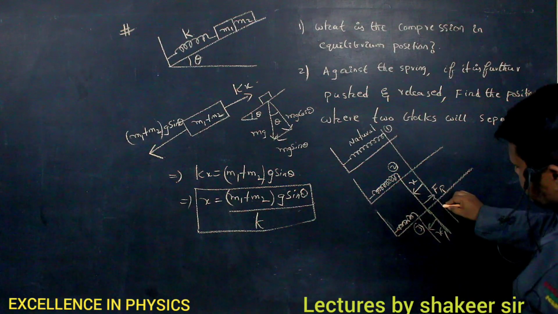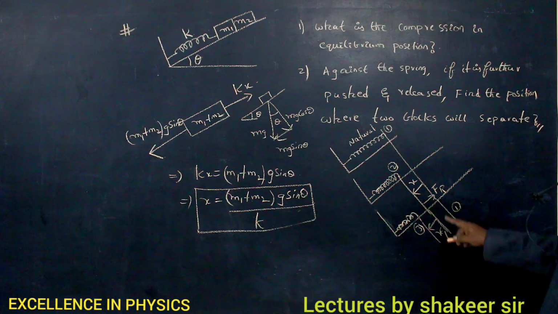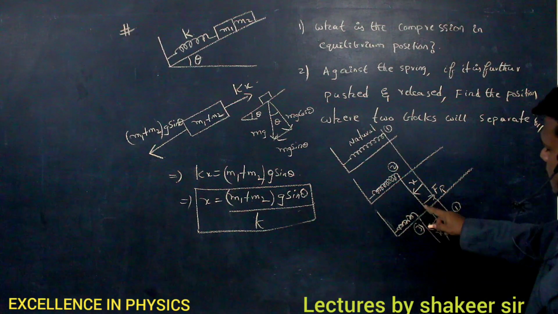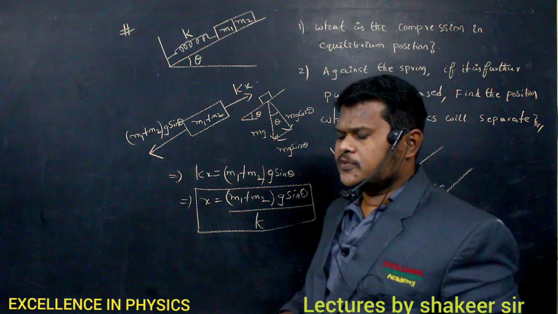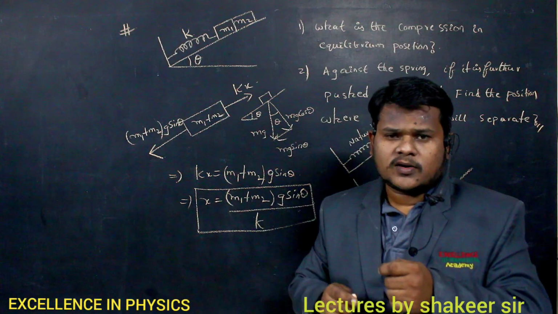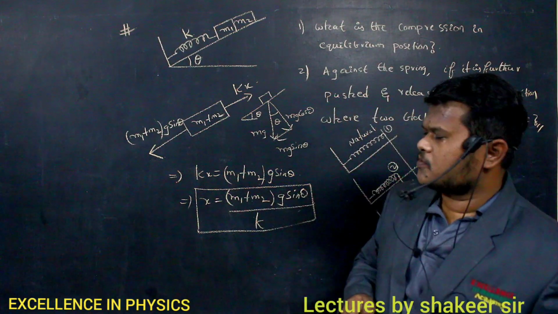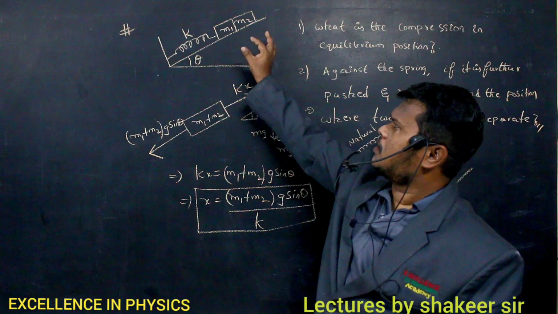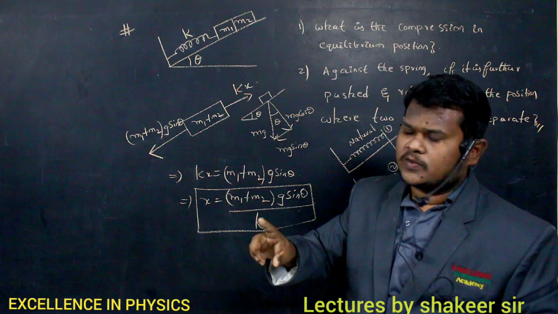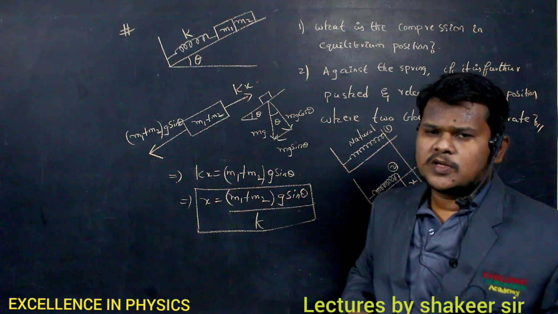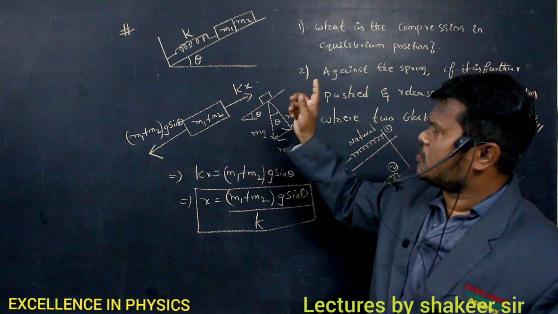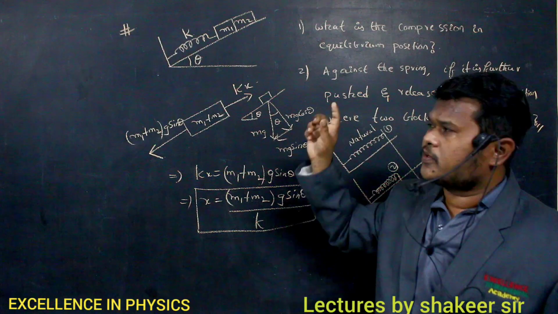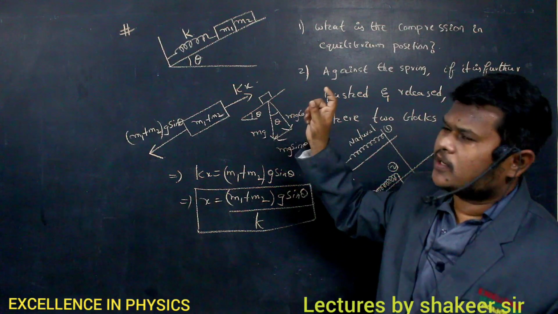Now from position number 1, what will happen? When this spring crosses this mean position, there is an elongation produced in the spring. And this elongation will produce a restoring force in backward direction on mass m1. Then what about mass m2? Mass m2 is not attached to mass m1, no? So restoring force will be produced only on mass m1.